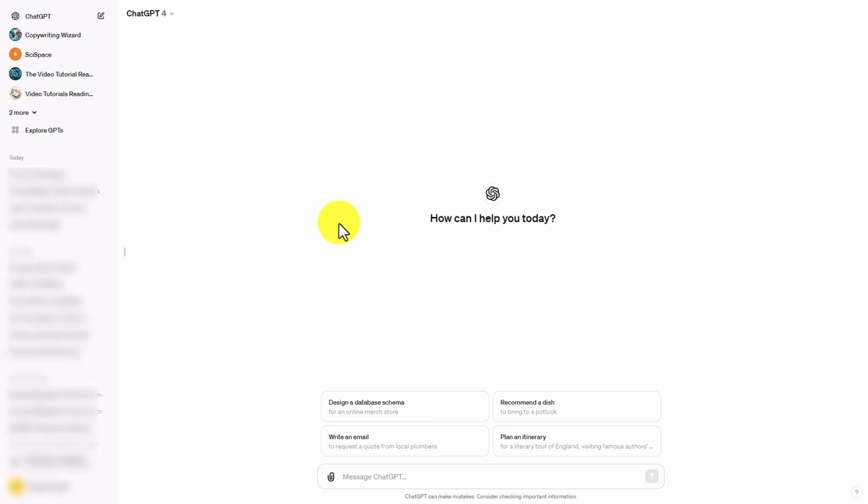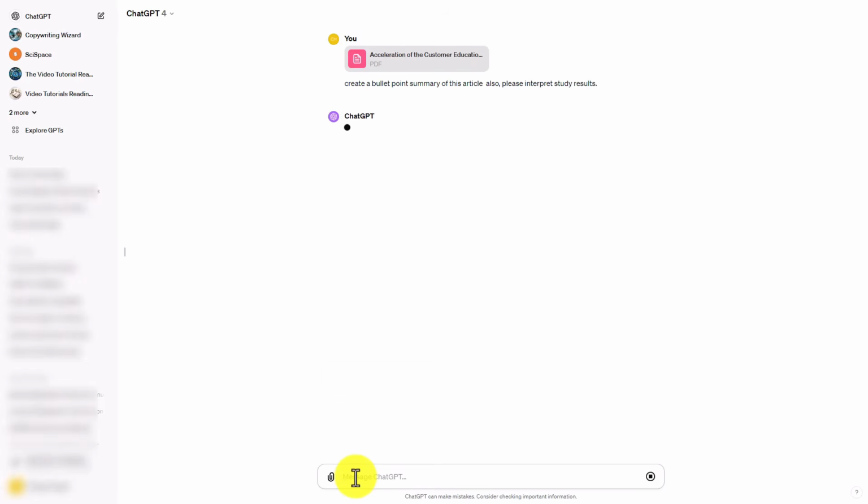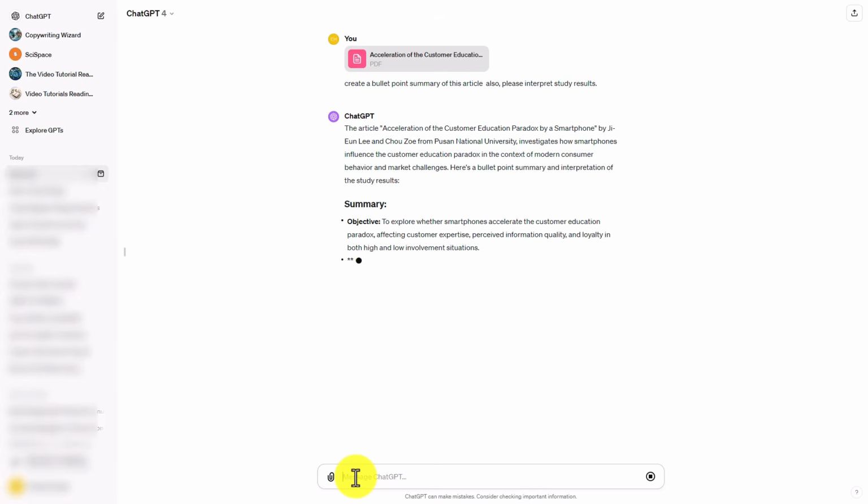You are now looking at the upload into ChatGPT of an academic scientific research report on the subject of marketing. And once we upload that research report, what we can do is type into the chatbot that we'd like a detailed and comprehensive bullet point summary. Once we have that information in, we can then click enter. ChatGPT will then read the document,